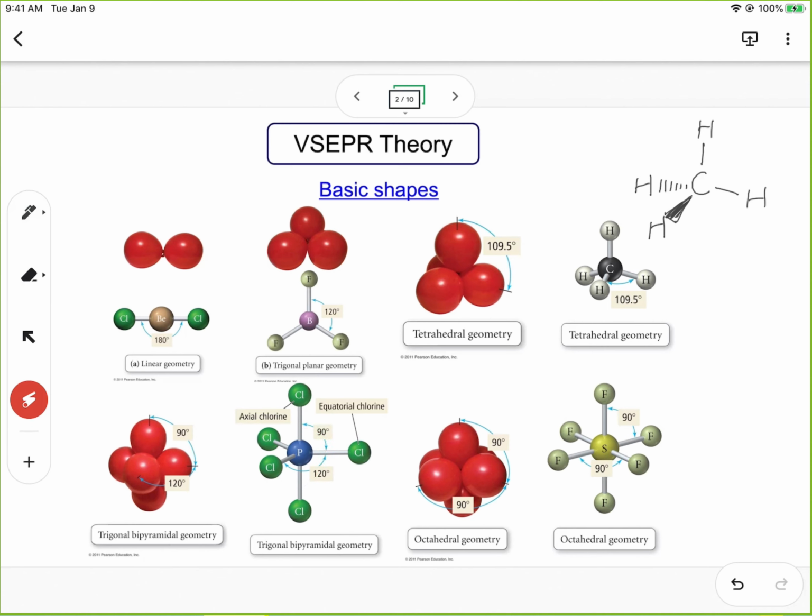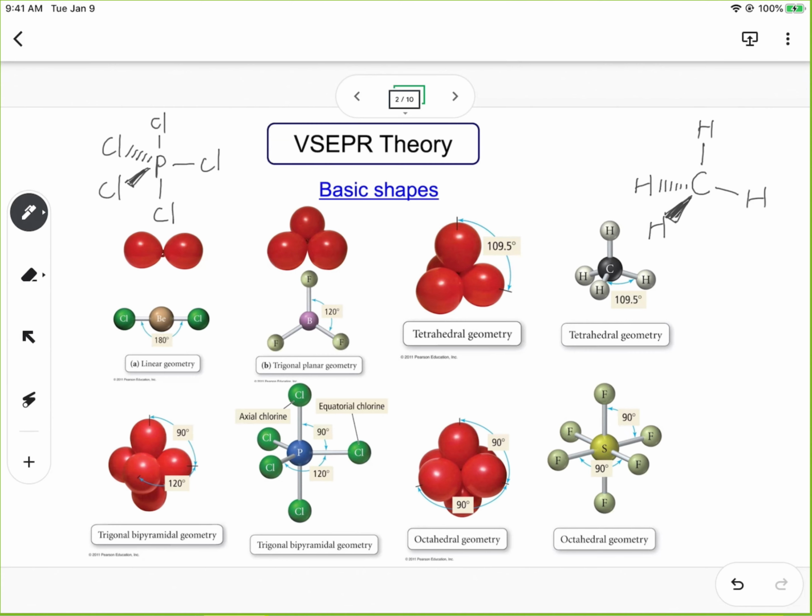Now, how do we use wedges to draw the three-dimensional structure of trigonal bipyramidal geometry? I'll write it here. So you have P, Cl, Cl, and Cl. These four members are going to be in the same plane. And this chlorine is going to be behind the screen, and this chlorine is going to be above the screen. So again, we use a dashed wedge and a solid wedge to indicate the positions of those two chlorines. That is how we draw